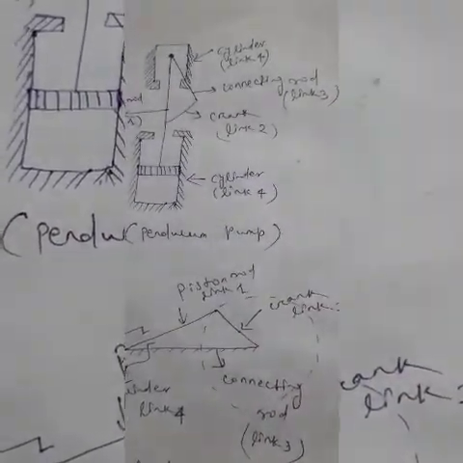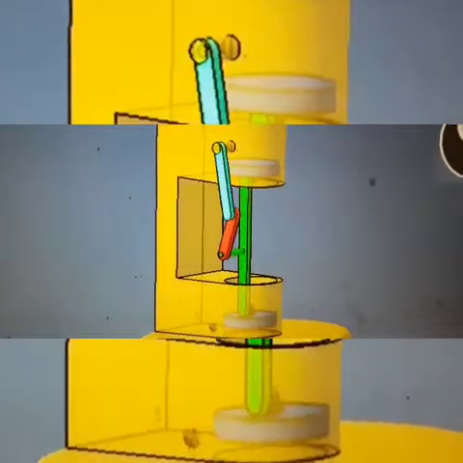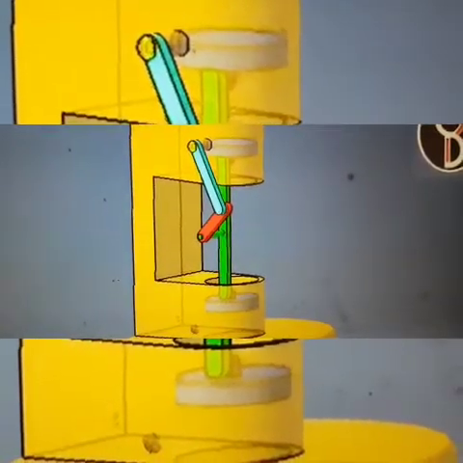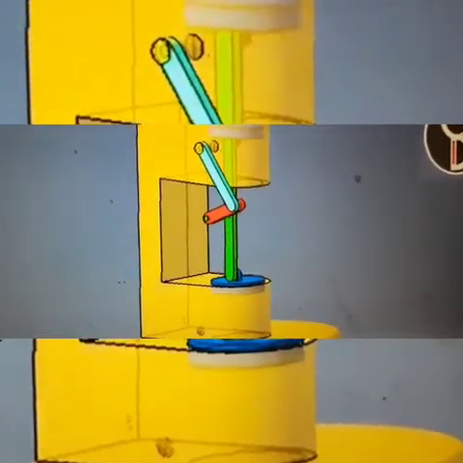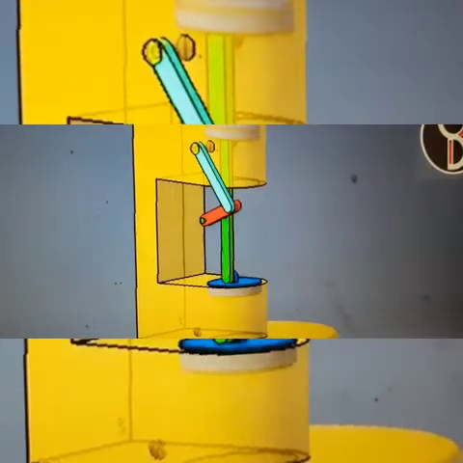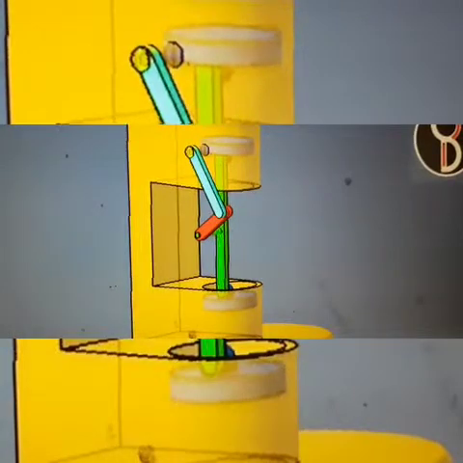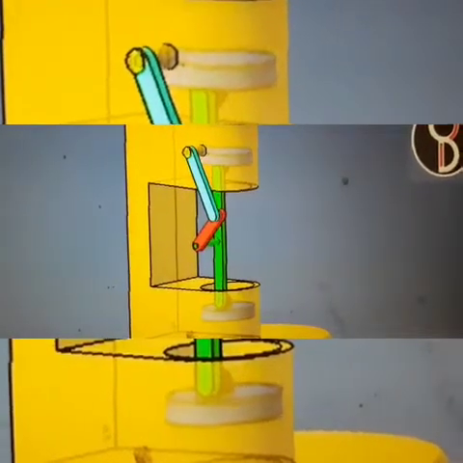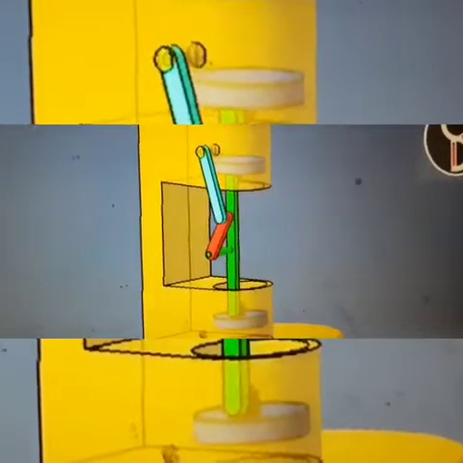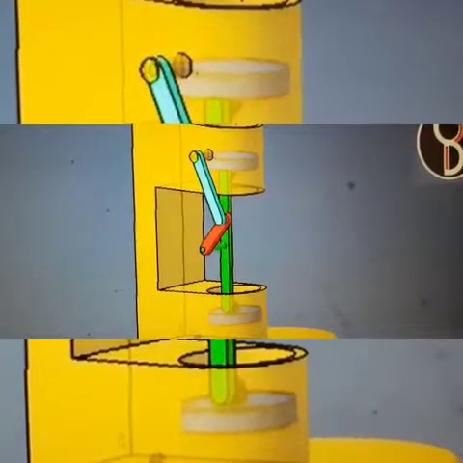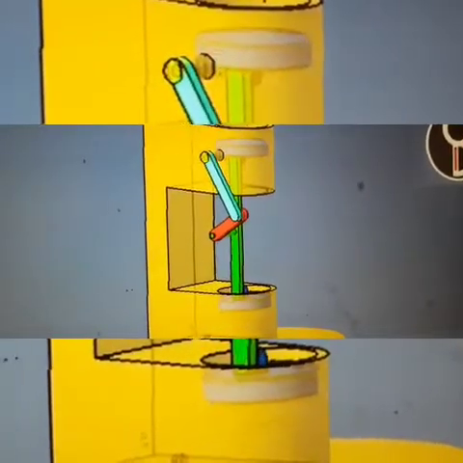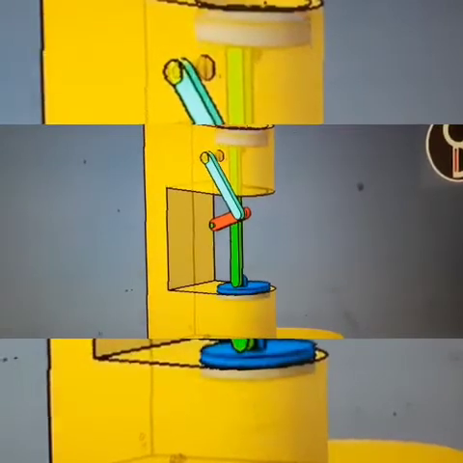You can see here in the animation, this red portion is the crank and the blue one is the connecting rod. Here two pistons are attached to the two cylinders. You can see when the crank is rotating, the connecting rod is also oscillating, because of which the piston rod, attached to the connecting rod, is moving according to the movement of the connecting rod. The piston is attached to the piston rod, so the piston is reciprocating inside the cylinder. This yellow portion is a fixed part, that is the cylinder. So you can see here it is converting the rotary motion of the crank into the reciprocating motion of the piston.